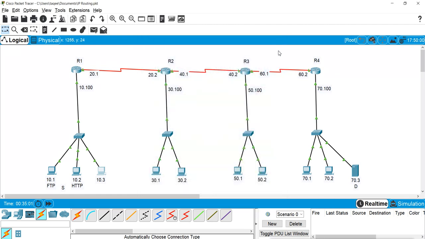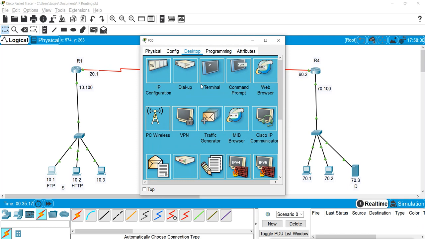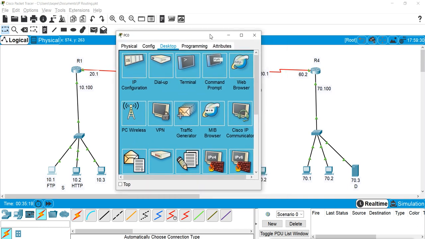Now before creating the list, we will check that everything is working or not. So first let's check it. So I will go to this machine first and check whether the web server is working or not.